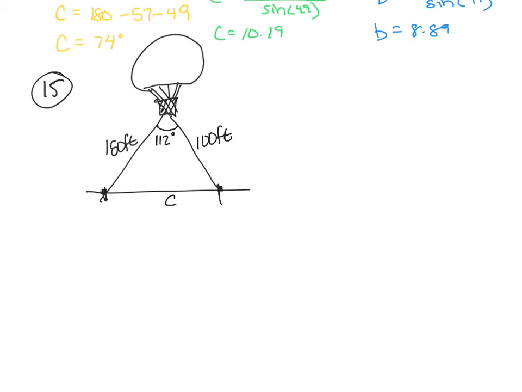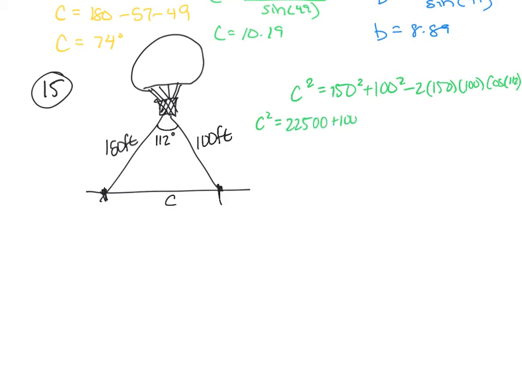Do that in green. So this will be C squared is equal to 150 squared plus 100 squared minus 2 times 150 times 100. Oh, I'm going to run out of space. Times cosine of 112. Ooh, I just made it. Okay. So it'll be C squared is equal to